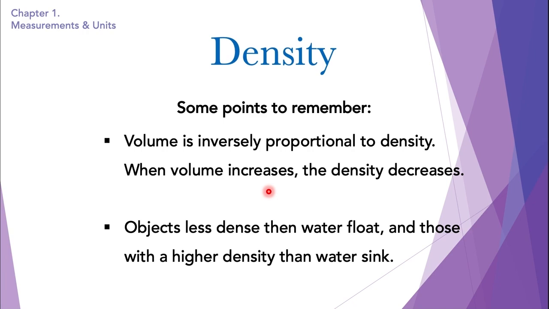So if an object's mass is, say for example, 50 grams, and the volume is small, the density of the object would be more. And if the volume would increase and the mass would remain the same, 50 grams, the density would decrease, because of the amount of matter in this space. Say for example, this is the volume of an object and it has the mass 50 grams. Now of course, if the volume of the object doubles and the mass remains the